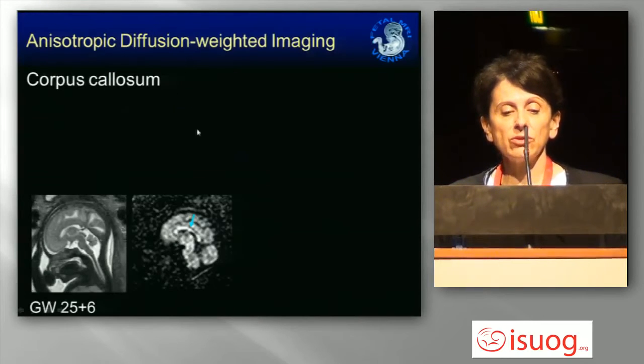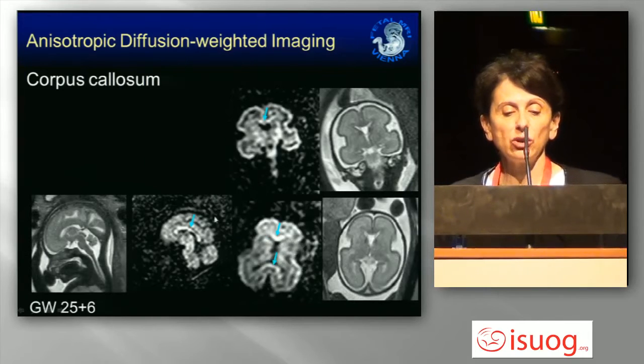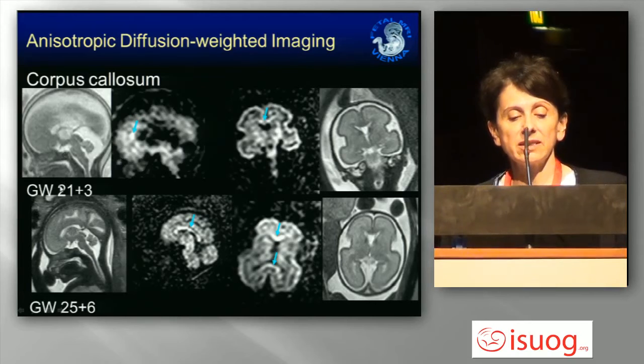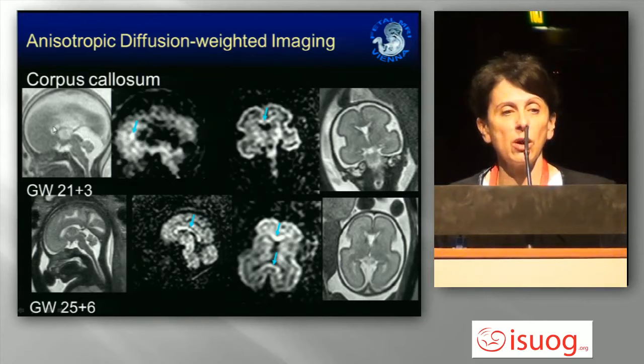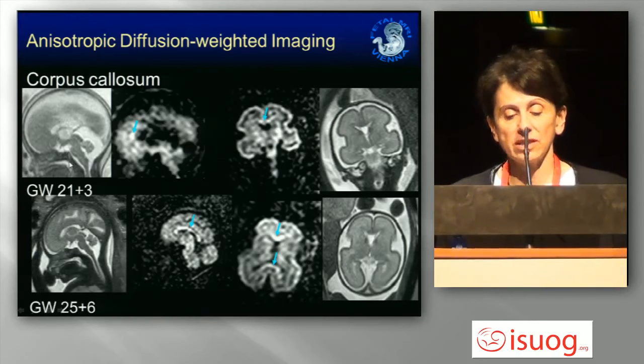But diffusion also allows you, with some types of diffusion-weighted imaging, to detect white matter structures even if they are not yet myelinated, as for instance the corpus callosum. Here you have a normal case at gestation week 22, and a case where you can only see the knee of the corpus callosum. If you do T2 only, you will miss that diagnosis,